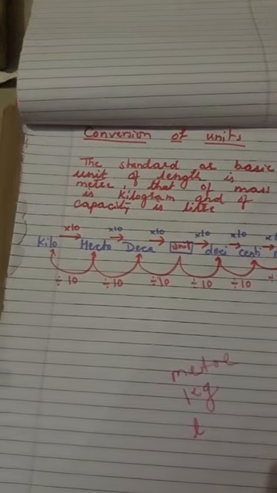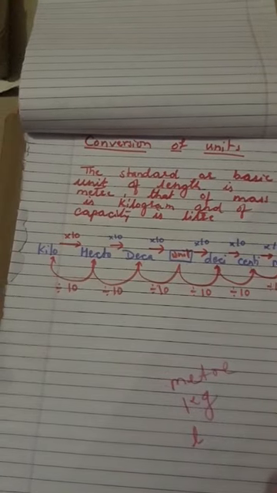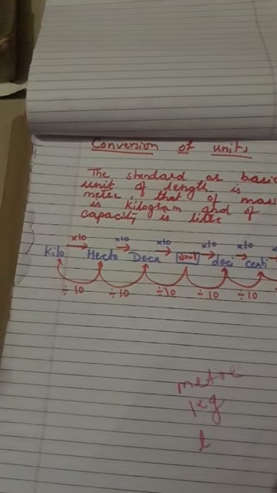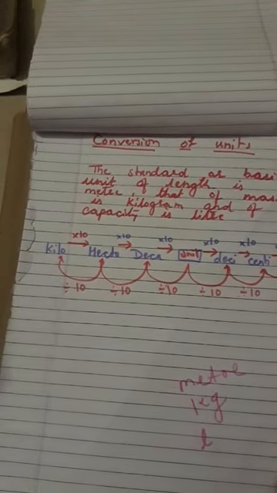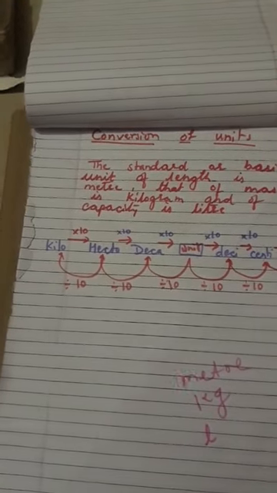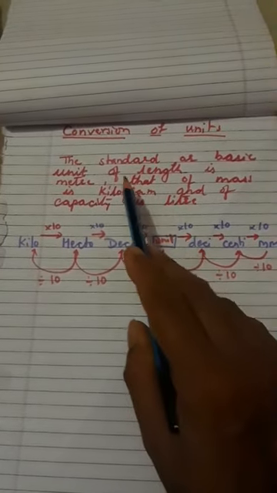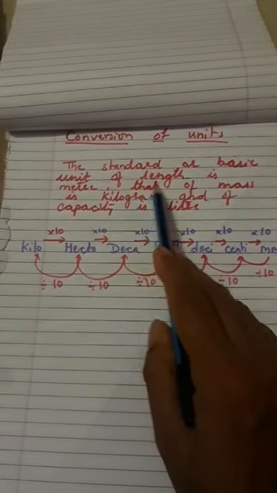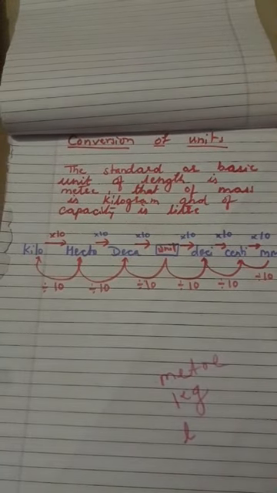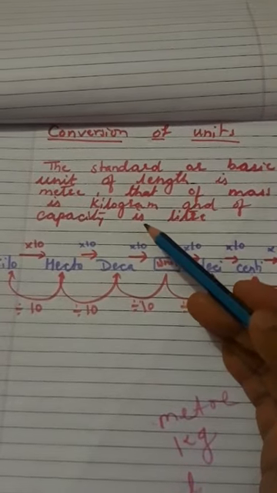Students, let's go with the next topic, conversion of units. The conversion of units means what? Do you remember? Suppose it is 1 centimeter. So 1 centimeter means how much meter? 1 centimeter means how much millimeter? So this is nothing but conversion of units. Now if you observe here, the standard or basic unit of length is meter, that for mass is kilogram, and of capacity is liters. Okay students,